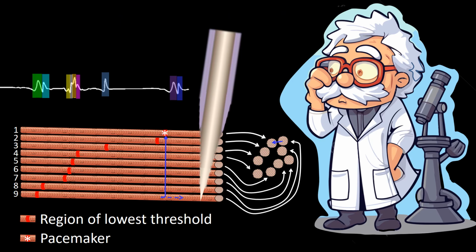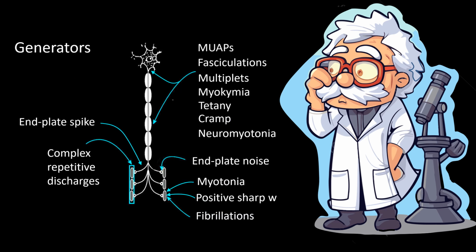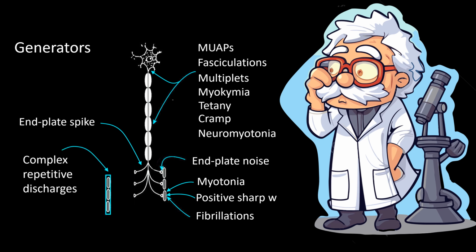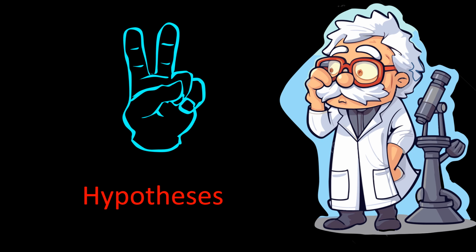The validity of this explanation, that ephaptic activation of neighboring muscle fibers is the mechanism producing complex repetitive discharges, rests on complex repetitive discharges being generated and originating in group muscle fibers, hence persisting despite physical or chemical denervation. Yet some researchers have found that some complex repetitive discharges disappeared following denervation with curare, and developed 2 different hypotheses